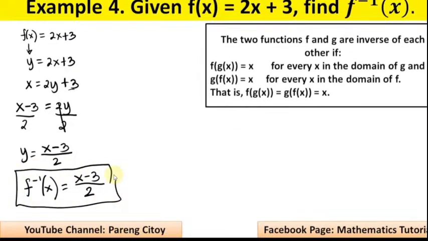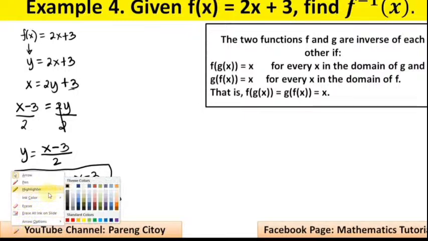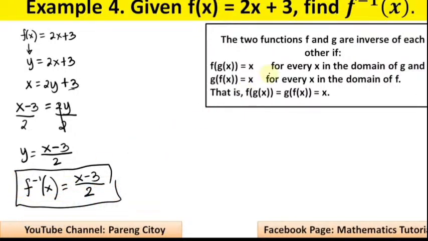Next, the two functions f and g are inverse of each other if, tingnan natin, f of g of x equals x, so that is the given function, and g of f of x equals x, so that is the inverse. For example, tingnan natin. So una, that is f of g of x equals,